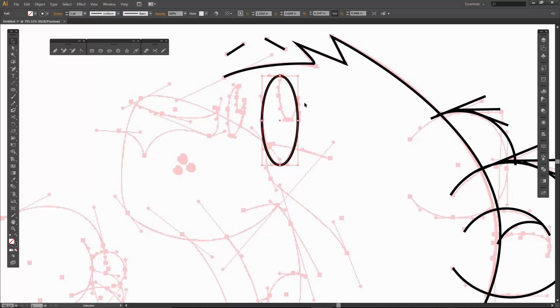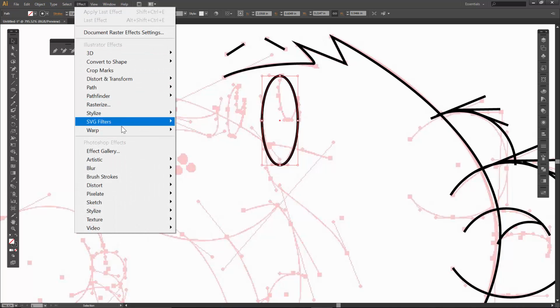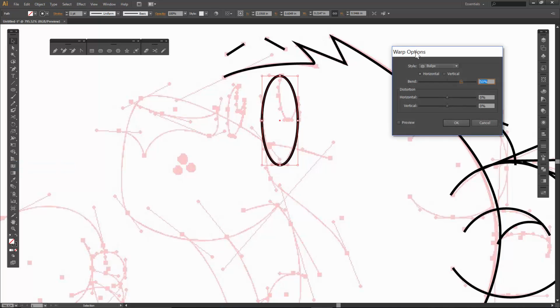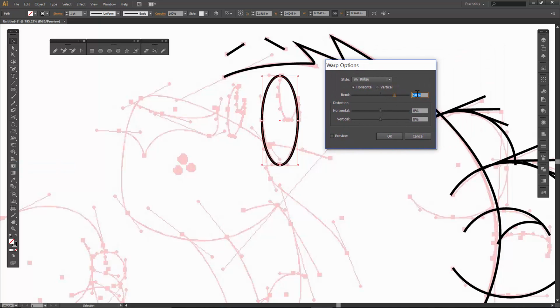I'm going to do a little bit more of a bulge effect. So we're going to drop down to warp, drop down to bulge. Let's just pull that right over here. Just zero everything out when you start off with. Preview. And then we do want it on the vertical axis, so let's say -15. I'm okay with that. And all that's going to do is give it a little bit more of a teardrop